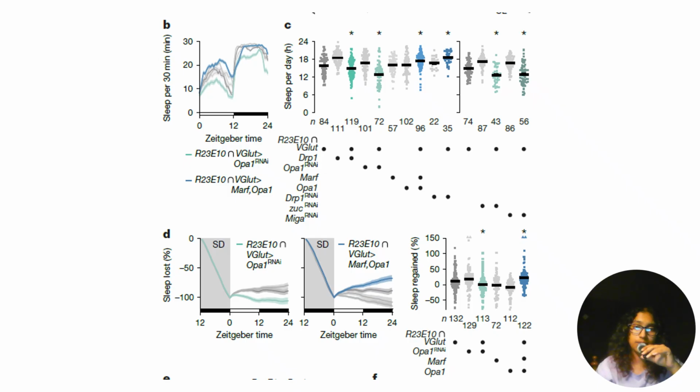The balance between the mitochondrial fission, which is mediated by DRP1, and the fusion, which is mediated by OPA1 and MARF, acts as a feedback mechanism to regulate sleep pressure. Mitochondrial fusion reduces sleep pressure by improving mitochondrial function and reducing the oxidative stress. That is the takeaway from all